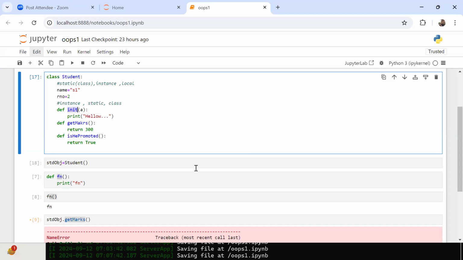What is the method name? They are looking for one specific method. What is the method name? Underscore underscore init underscore underscore. If this method is there,